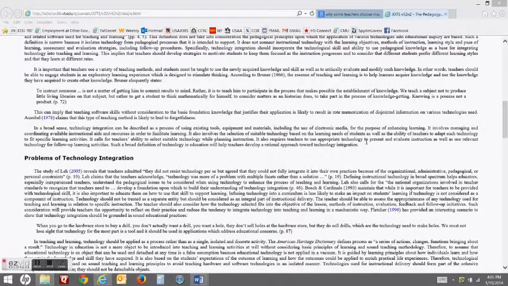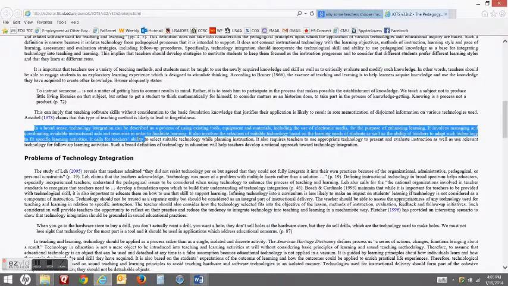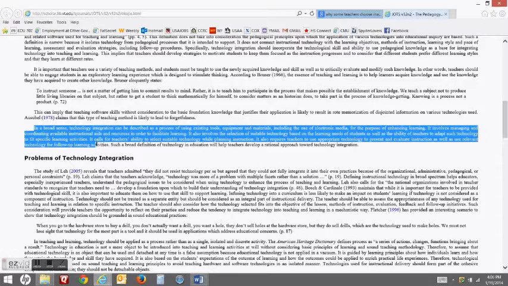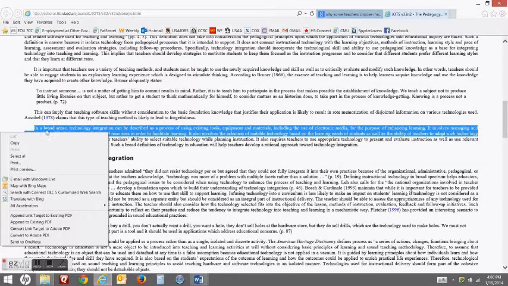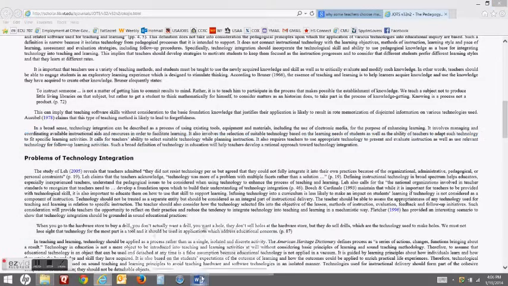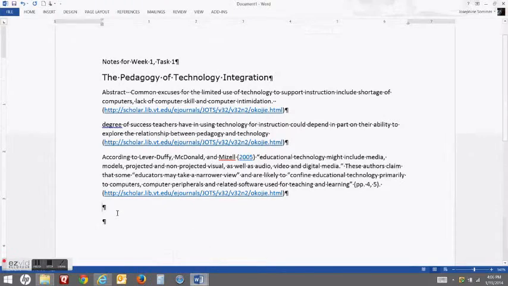It also involves the selection of suitable technology based on the learning needs of the students, as well as the ability of teachers to adapt to such technology to fit specific learning activities. I think I will go ahead and copy and paste that one also.